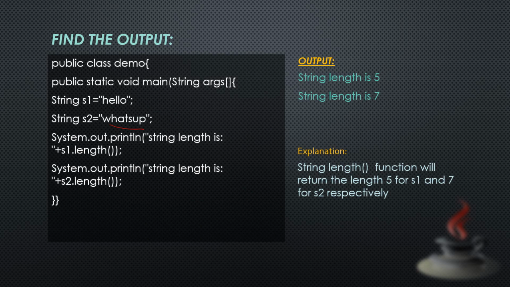Okay, if you see, it is 0 1 2 3 and 4. All right, then the length will be 5. Similarly, if you see the whatsup statement, 0 1 2 3 4 5 and 6, so it will return 7. Okay, all right,